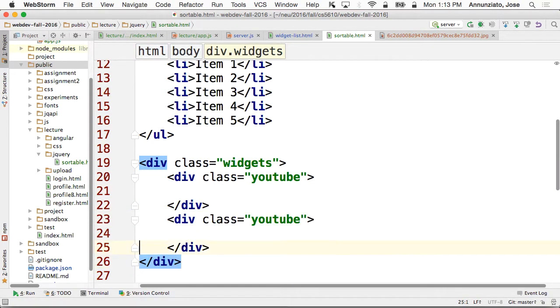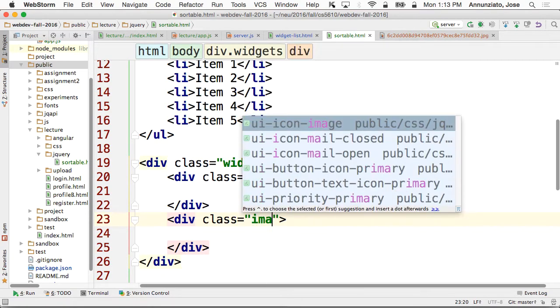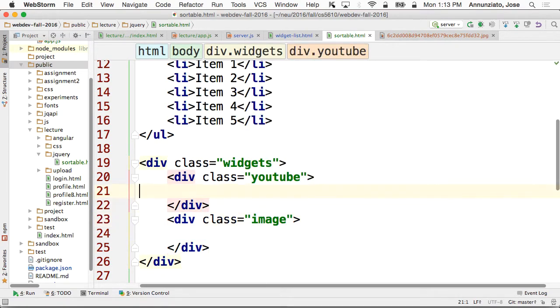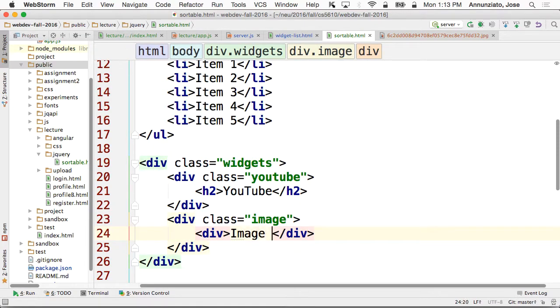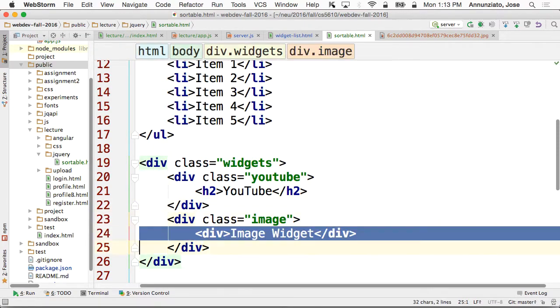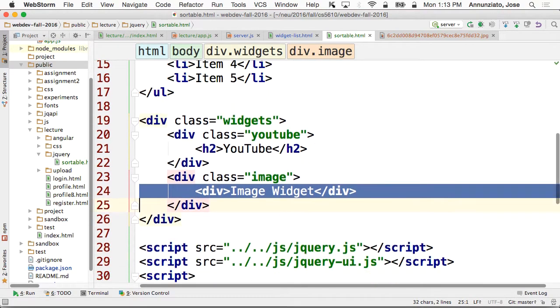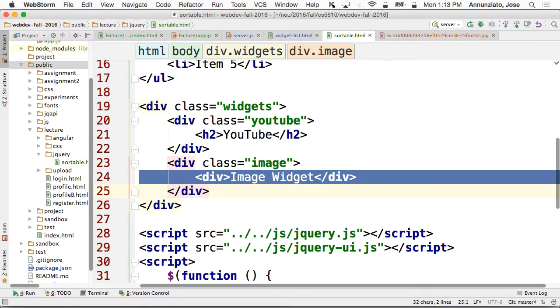And this will be the image widget, right? So this might be H2 YouTube widget, and this might be the image widget, right? Image widget. Okay, you can make anything sortable, right? It doesn't have to be the